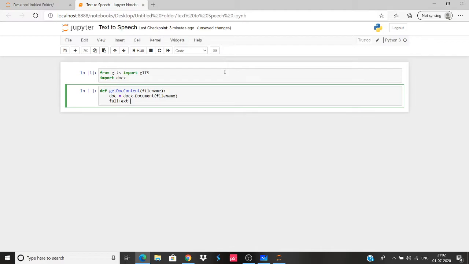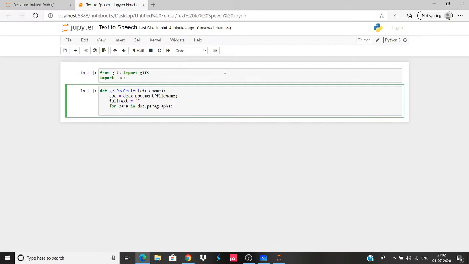Let's just say full_text, and for example, let's say it's blank. So for para in paragraphs, we need to bring it from the doc, so we'll ask the doc to get us the paragraphs.